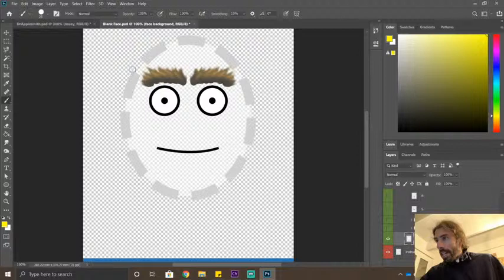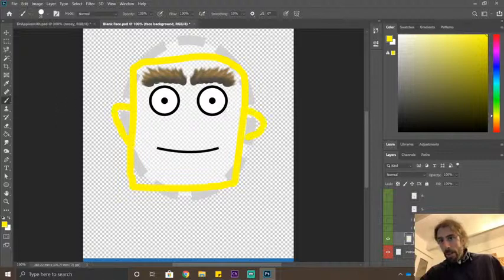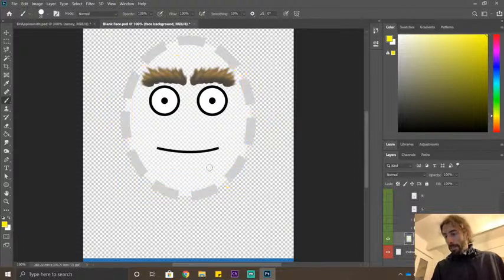Alright, so what I'm going to do here is I'm just going to draw... I don't know. Kind of look like Bert, right? From Sesame Street. Now I'm just drawing over the original face background, so you can see the original is still there. So what I might do, just so it makes more sense,